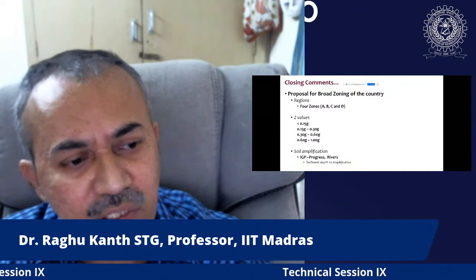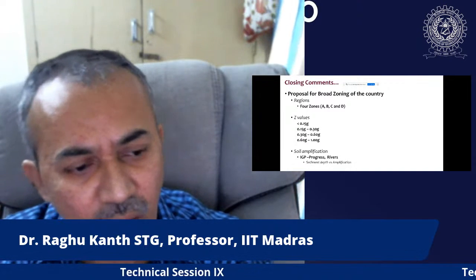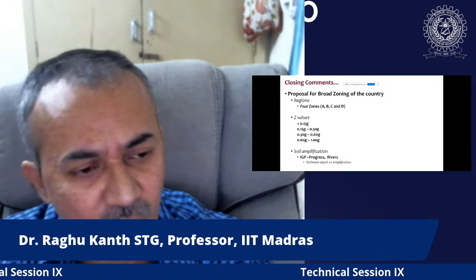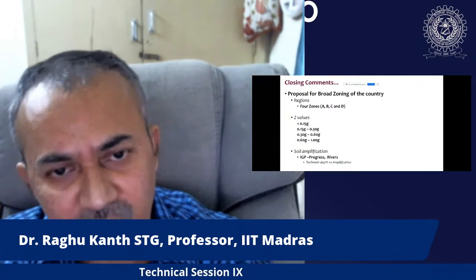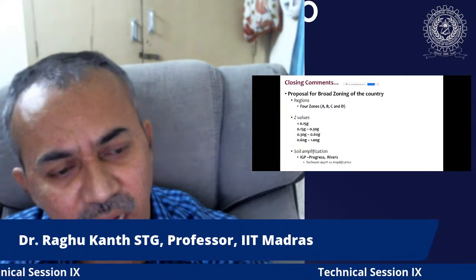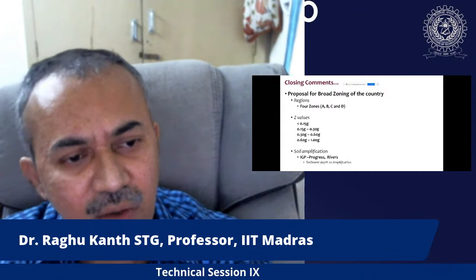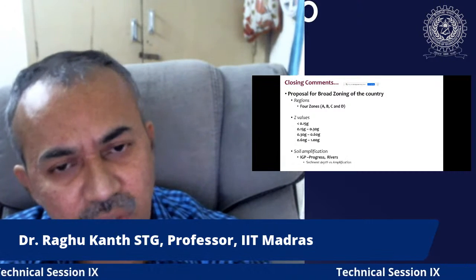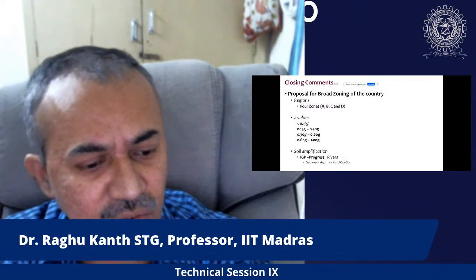So based on all those studies, maybe these Z values will be fixed, but our highest Z value will be something around 0.8 g. That is what the committee also felt is fine. Right now we are having only 0.36 g, which underestimates the hazard in the Himalayas as well as in northeast India. But if I increase the PGA to a very high value, how is it going to affect the structure, or where should the R factor be? The Codal people are working on those issues itself.